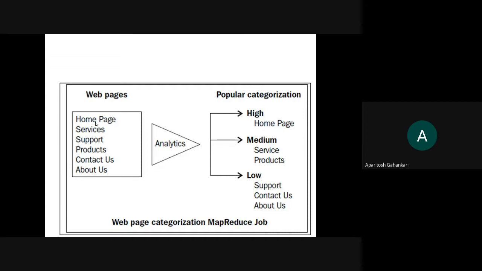Okay, so as you know, the home page, basically every website visitor will land on the home page. So maximum time anyone who is visiting our website will obviously be visiting the home page, and that is why the home page is there in the high popularity categorization. But at the same time, we have the support, contact us, or about us. These pages have a low popularity categorization. Okay, and the services and product pages will have the medium. Now we need to categorize these web pages automatically depending upon how many visitors are